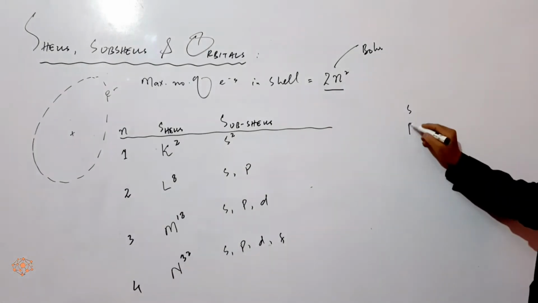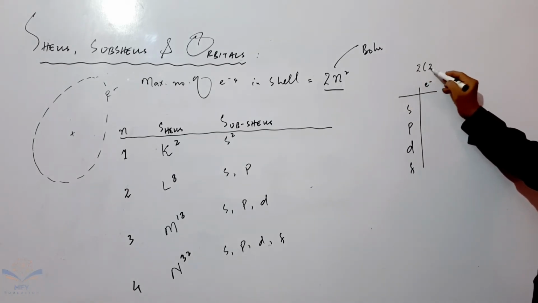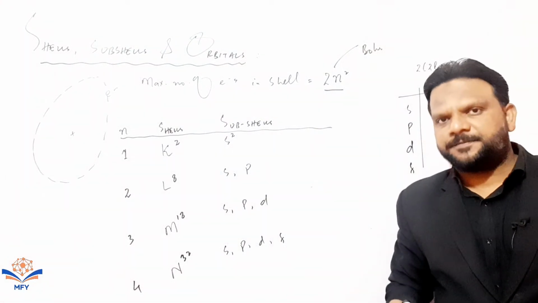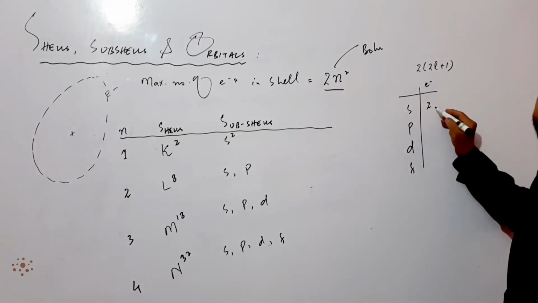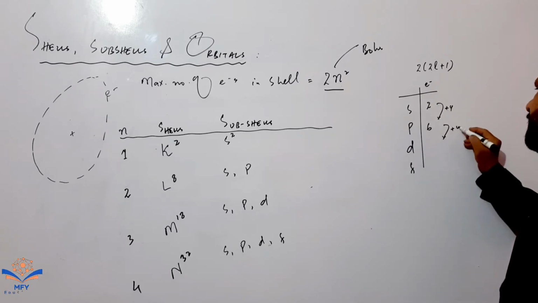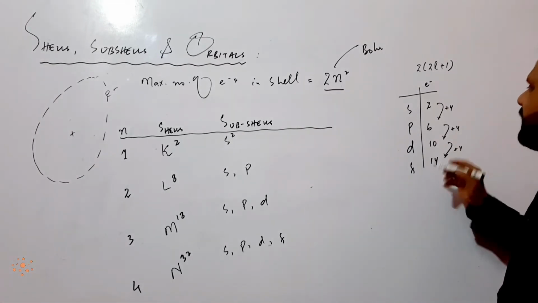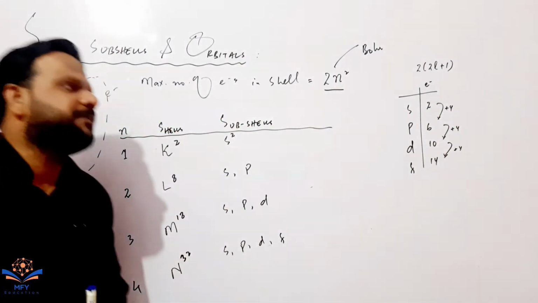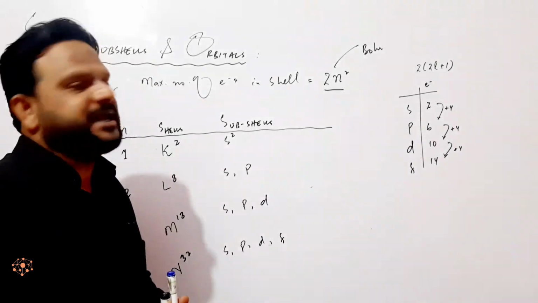In the same way, to find how many electrons each subshell contains, there is a formula 2(2l plus 1). Here l is the azimuthal or subsidiary quantum number. By a shortcut trick, you can easily write: s contains 2 electrons, by addition of 4, p contains 6 electrons, addition of 4 gives 10 and addition of 4 also gives 14. So using this shortcut trick, the number of electrons in s, p, d and f subshells is 2, 6, 10 and 14.